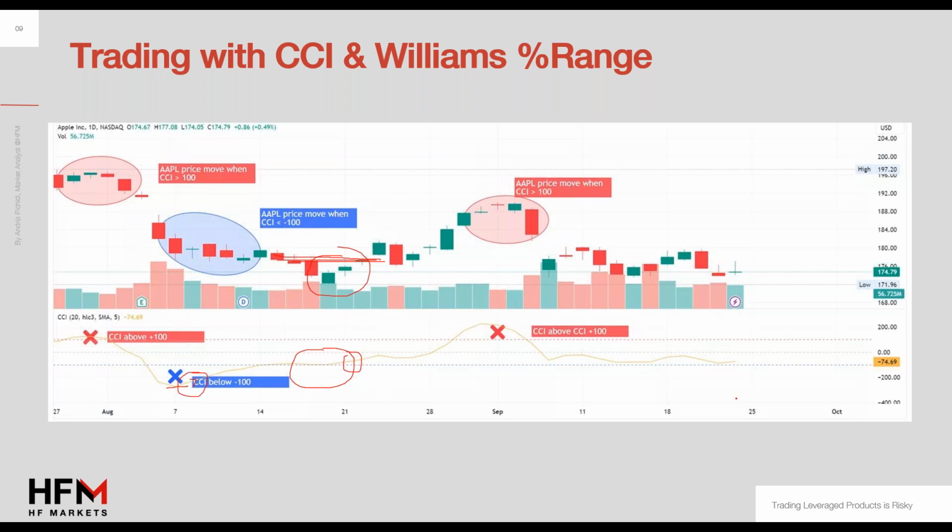Now, this is a pretty simple example. You can see that this example illustrates the CCI's efficiency, and hopefully it helps you understand how you can identify potential reversals in market conditions. Now